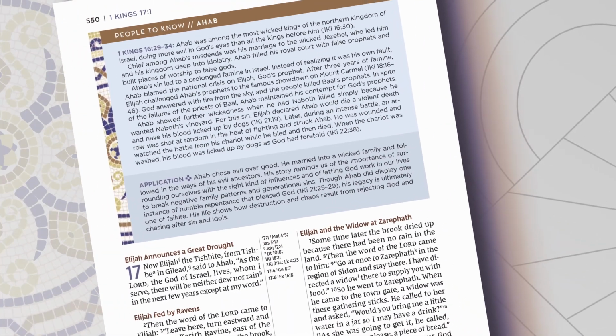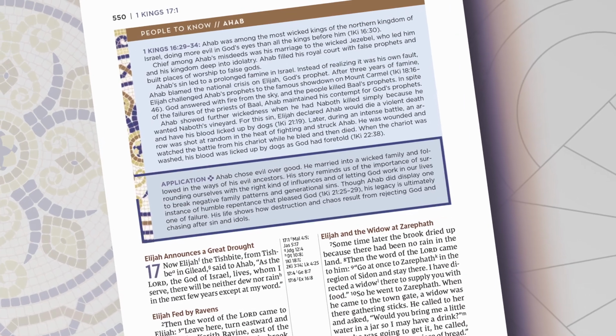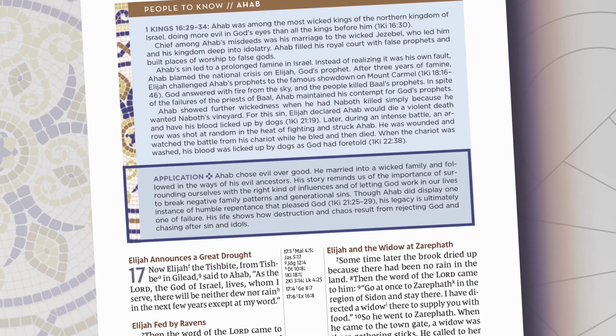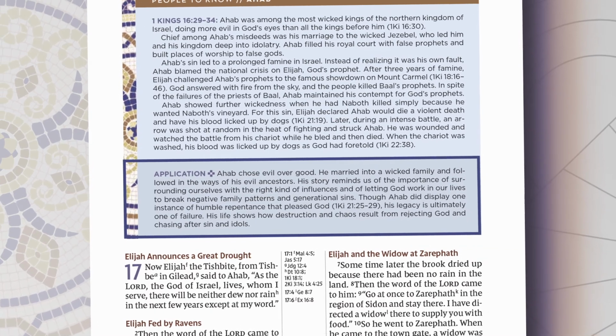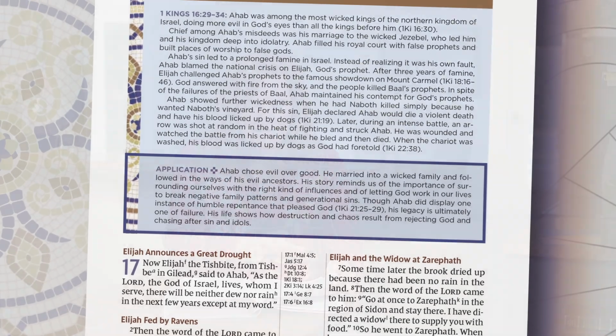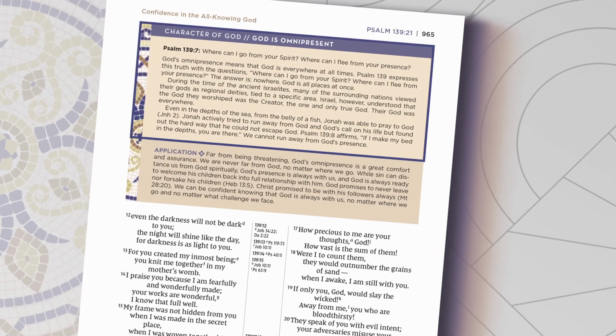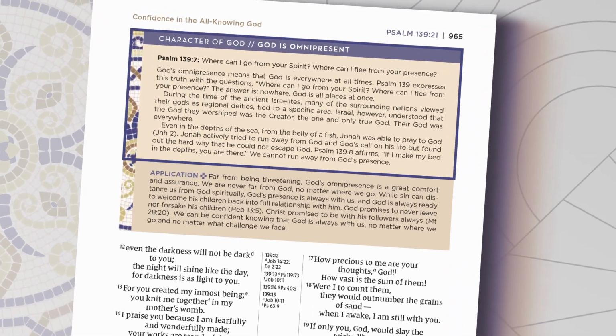And each one of these people to know sections is followed by another application section. I love these because they really help us understand how to integrate these lessons, the truths in these stories, to our everyday lives. Okay, now I've moved to Psalm 139, my favorite song in the Psalter, and you see this